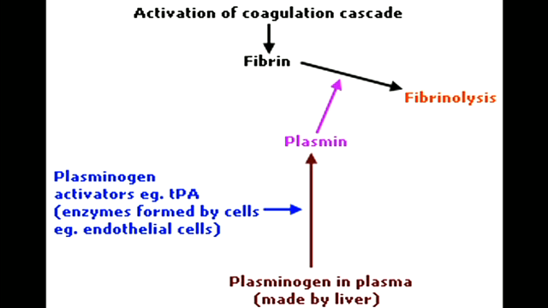plasmin, and as you can see here, from plasminogen, and here we have an enzyme called plasminogen activator, and there are different types of plasminogen activator. This one is tissue or TPA, which is formed by endothelial cells. We produce plasmin and we dissolve the fibrin, and that's fibrinolysis. So this is what is happening, hopefully, for all of us now, in that if we do generate fibrin, we generate plasmin, and that dissolves the coagulated mass, or the mini thrombus that we form.